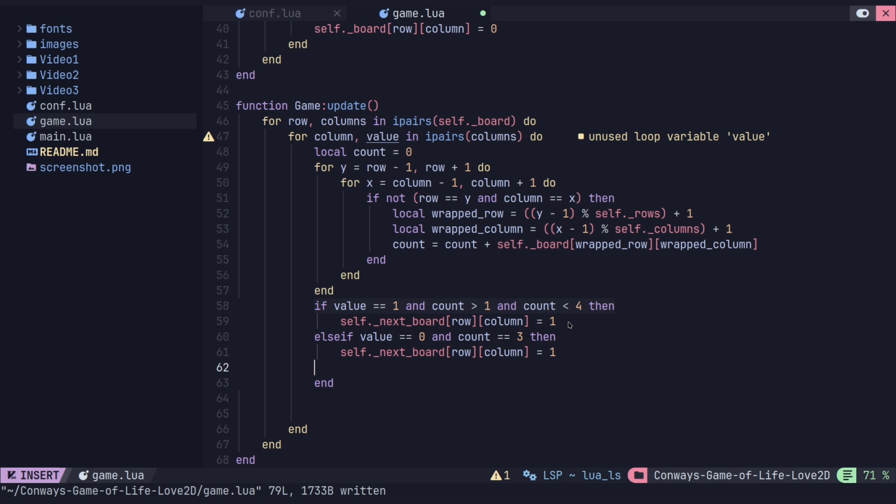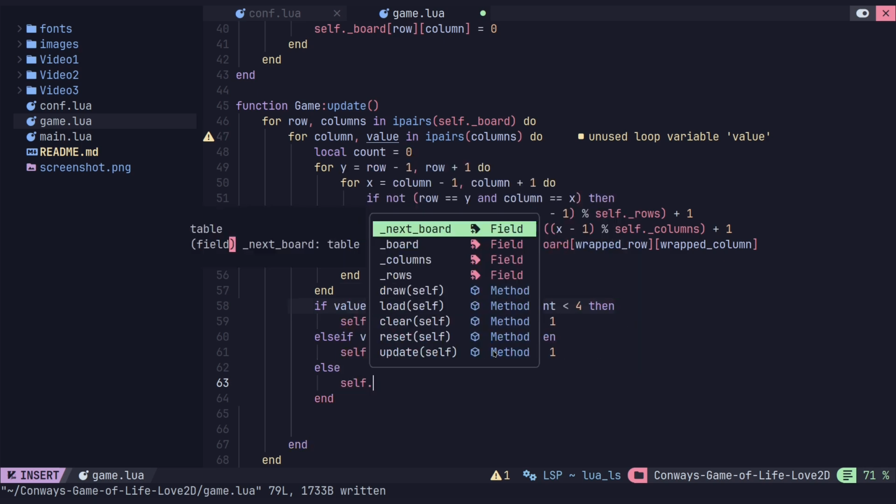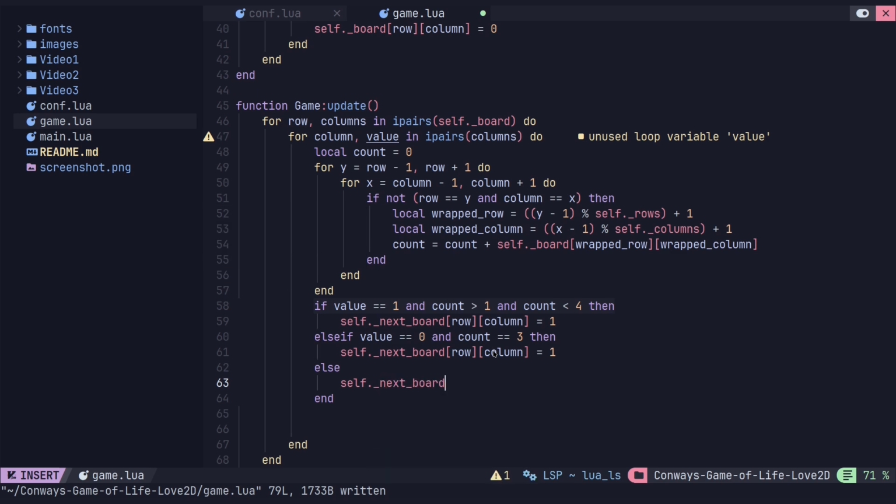And then we have our last else, and everything else is not alive. These are the only 2 rules for anything being alive. Everything else is no longer alive. I know I turned 4 rules into 3 rules, but it's not mattering in the programming. So this one will be row, column, and this will be no longer alive. Okay, so now that we've done that,